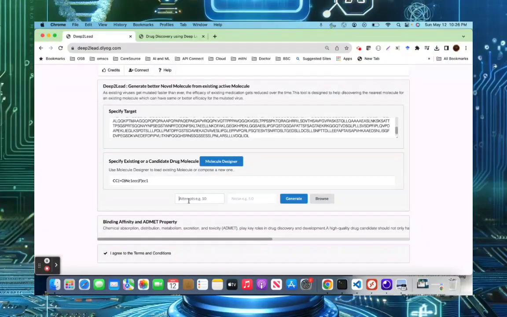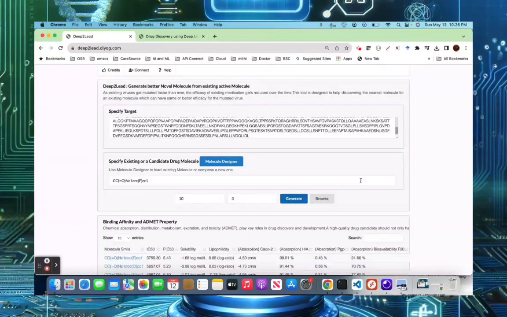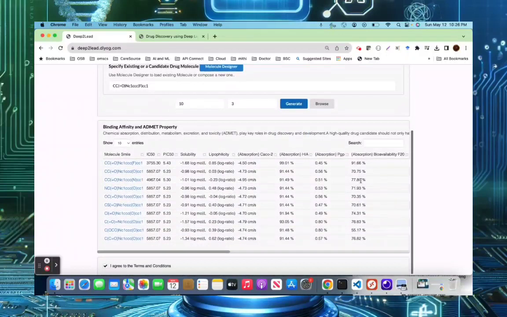And these are some parameters you need to try, related to the machine learning. So we can say try 10 times or 20 times, and then for the noise, I will add some noise. Let's say noise is 3. Then we hit the generate button, and this is where ML comes into the picture. It basically goes and creates nearby drugs, and then it is integrated with another API called Deep Purpose, developed